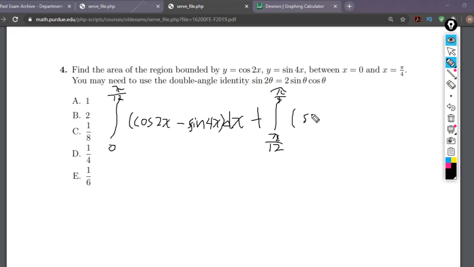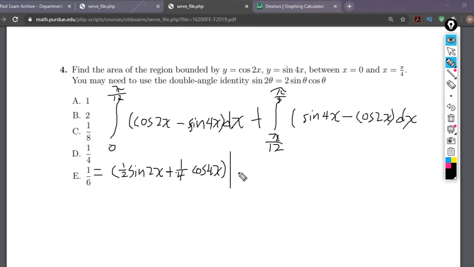And then it is the other way around with sine 4x minus cosine 2x, and that will be dx. It should be pretty easy integration since there's only really one term to each. With this being half of sine 2x minus a fourth of negative cosine, which will make this plus cosine 4x. This is evaluated at 0 and pi over 12